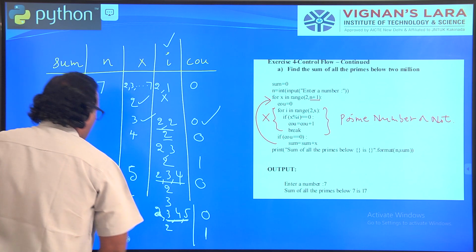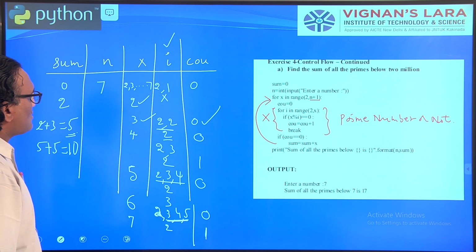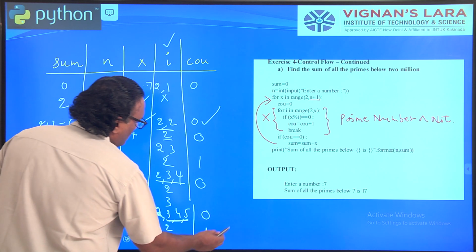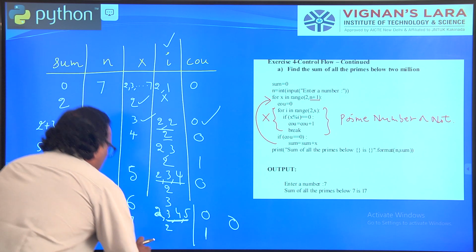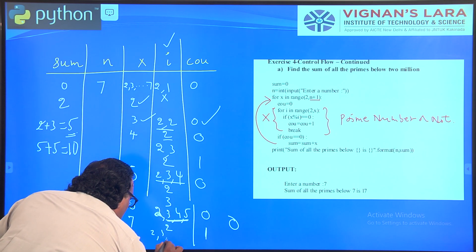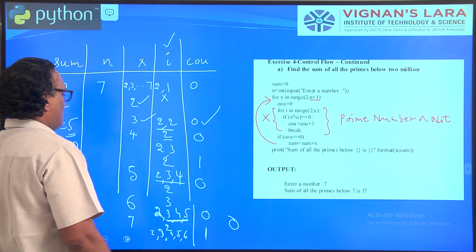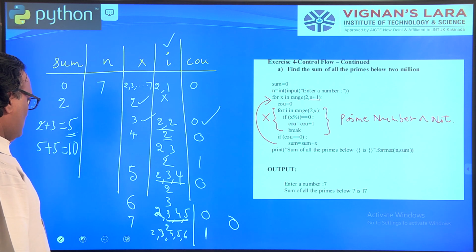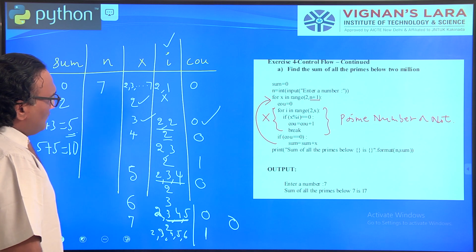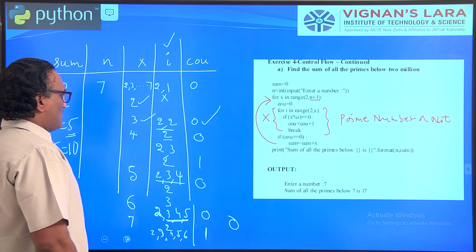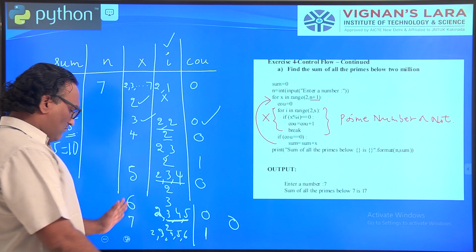Next, what is the value of x? X becomes 7 now. Count is again initialized to 0. So for i in range, it becomes now 2, 3, 4, 5, 6. Now what is the condition? x modulus i, 7 modulus 2, 3, 4, 5, 6.